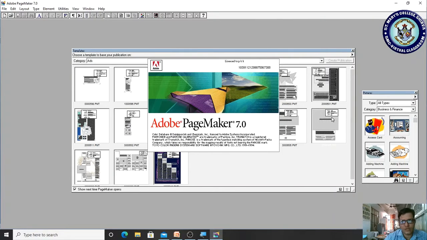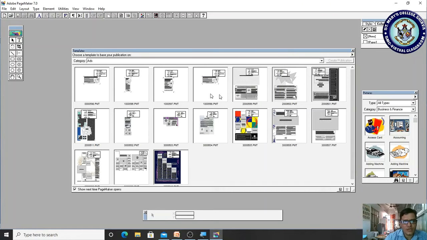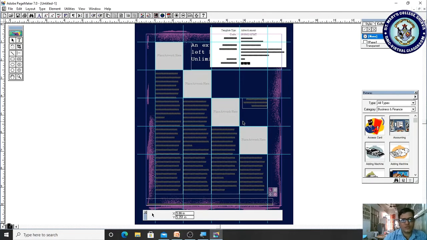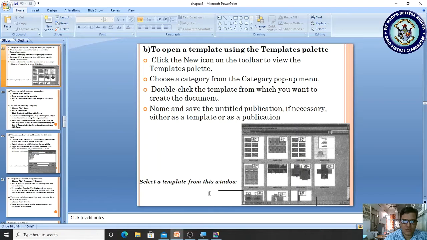Please observe here, it is not a picture template. Here the templates exist. So in this you can pick a style. For example, if I click this, it will be loaded. So this template has been loaded. Likewise, you can take these templates. So that is about the template in your publications.